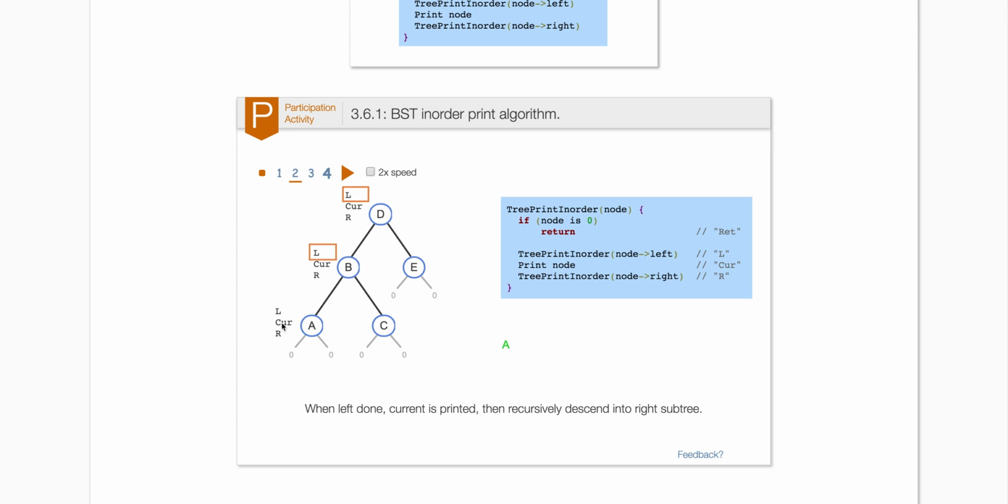So what happened here was we printed off the value of our current node, which was A. We printed that off, and then we tried to call print in order on the right subtree of A. And when we did that, nothing happened because the right subtree of A was null. There was nothing to do. So we just immediately returned back up our